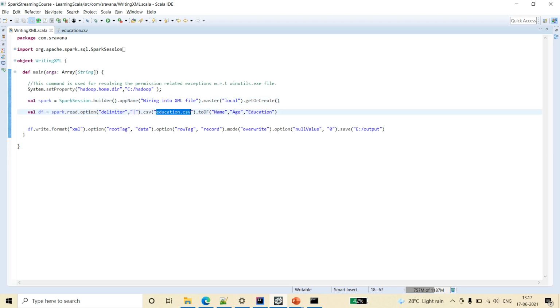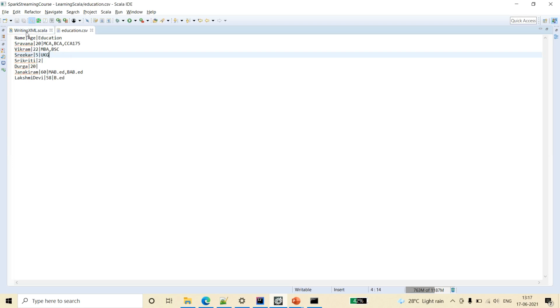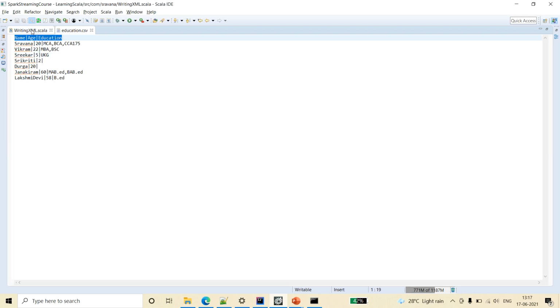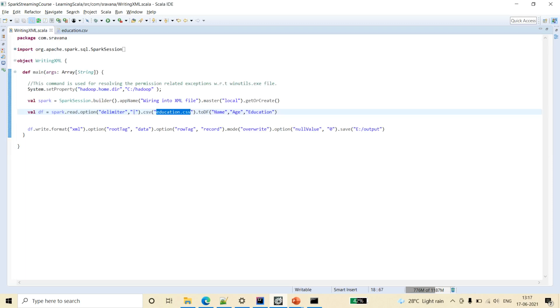Then I am creating a data frame out of this education.csv which we just checked. It has the header, and the delimiter is pipe, so I have specified the delimiter in the option spark.read.option.